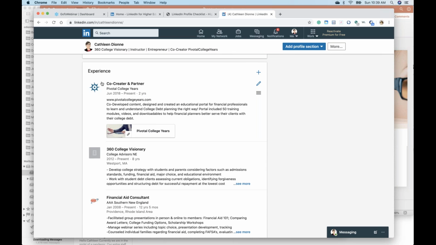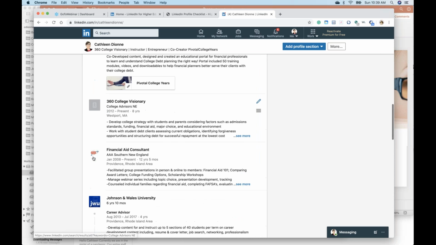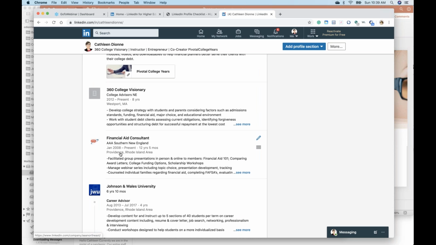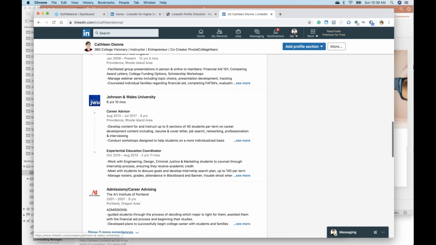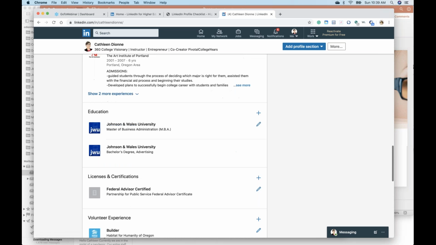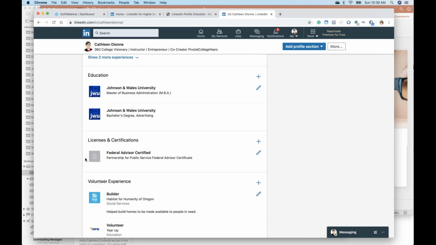So you can see all different things. Here's an example of a connected company, and here's an example of a non-connected company. So see why you would want that visually to be connected. That definitely looks a lot better if possible. I couldn't find one for here. Federal government didn't have theirs.